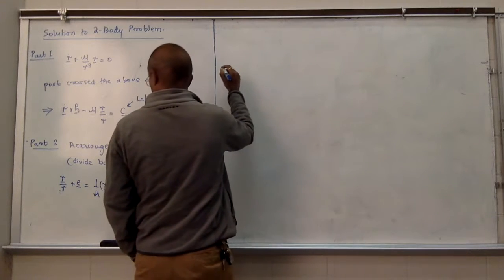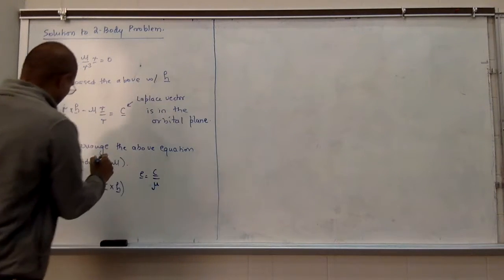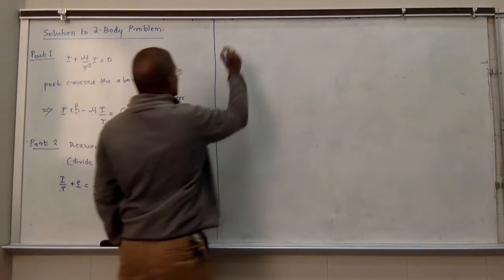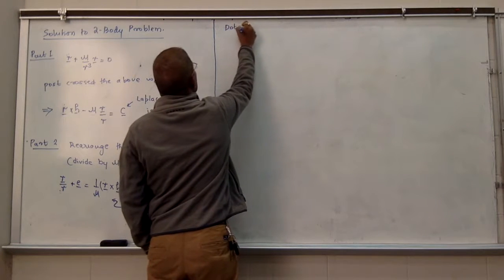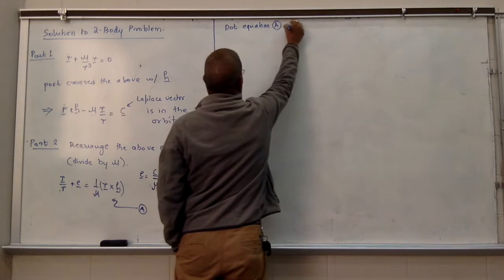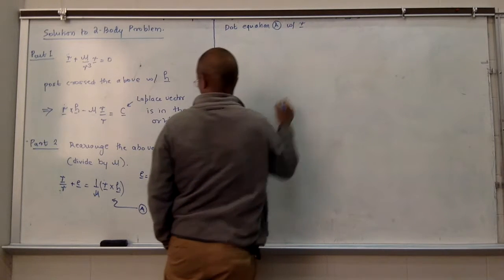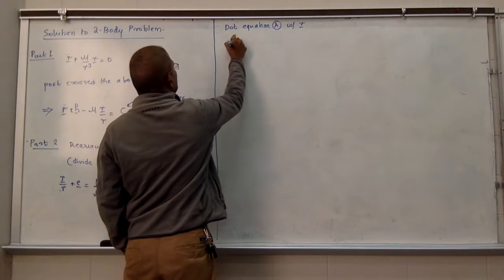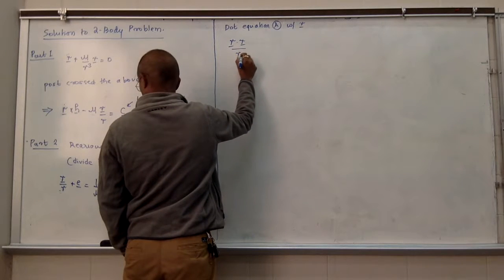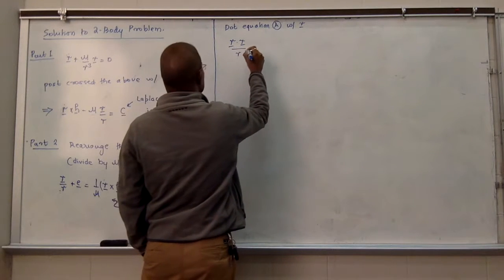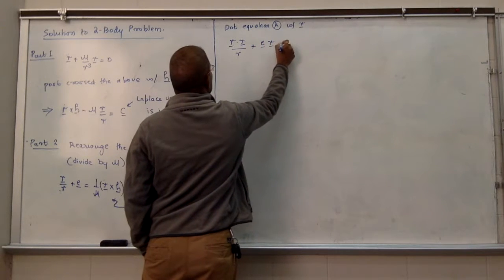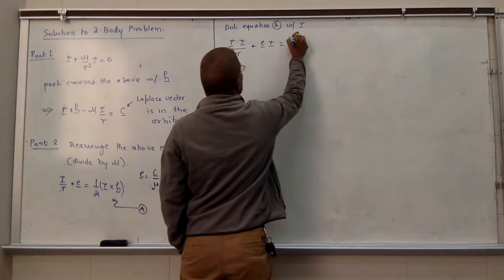Now what we do is, let's call this equation A. Dot equation A with R. What we're going to get is R dotted with R divided by R, plus E dotted with R, is equal to 1 over mu